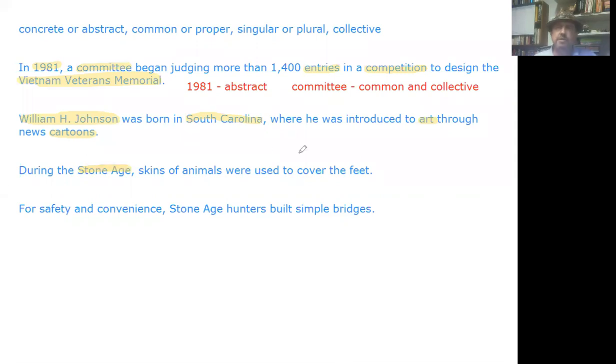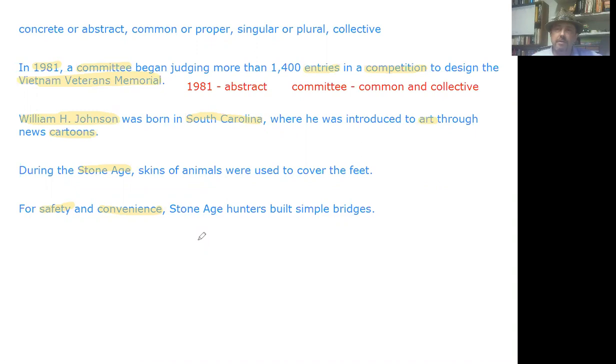So, for example, Stone Age is a noun, and it's a compound noun because it's made up of two words. And it's kind of an abstract noun because it applies to this huge expanse of time in a variety of different places. And you can't really see the Stone Age or hear it or anything like that. I hope that makes sense. Sometimes it's a little off. So it's a proper abstract compound noun, as opposed to, say, safety and convenience, which are both nouns, but they're both